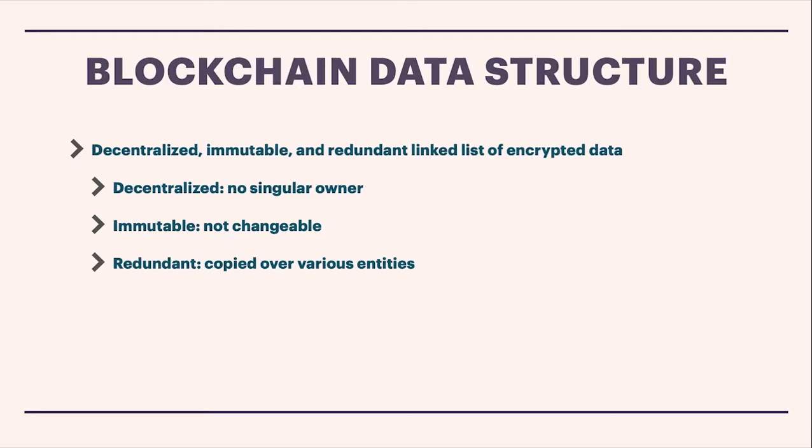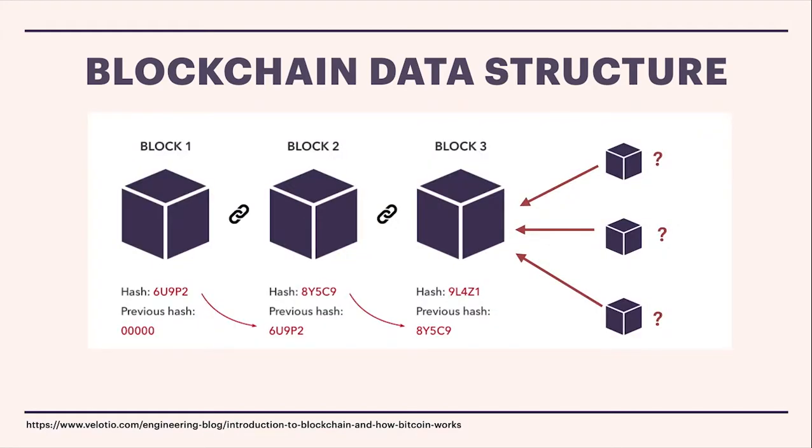The reason why blockchain fulfills the requirements of this Byzantine generals allegory is because it's decentralized. There's no singular owner of the information. The data itself is immutable, so therefore you can't change it. And also it's redundant, just like how the generals send the messages and copy it to all the other generals. The nodes also copy the data and have all the data within their own system. And therefore the data is redundant and there's no one single point of failure. So now we're going to talk about